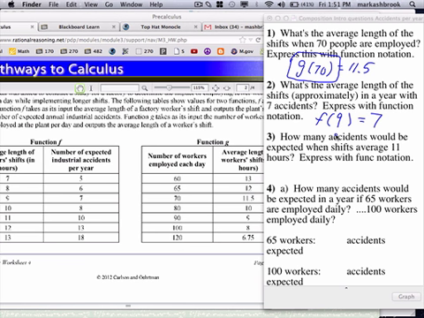Okay. And then I think this is also the F function, F of 11. Is that right for number 3? Okay, so number 4, we've got 65 workers. We want to know how many accidents we would expect. So if we got 65 workers, what function are we going to look at? We're going to look at G. But does G give us the number of accidents? No, but we can get the length of the shift. And from that,